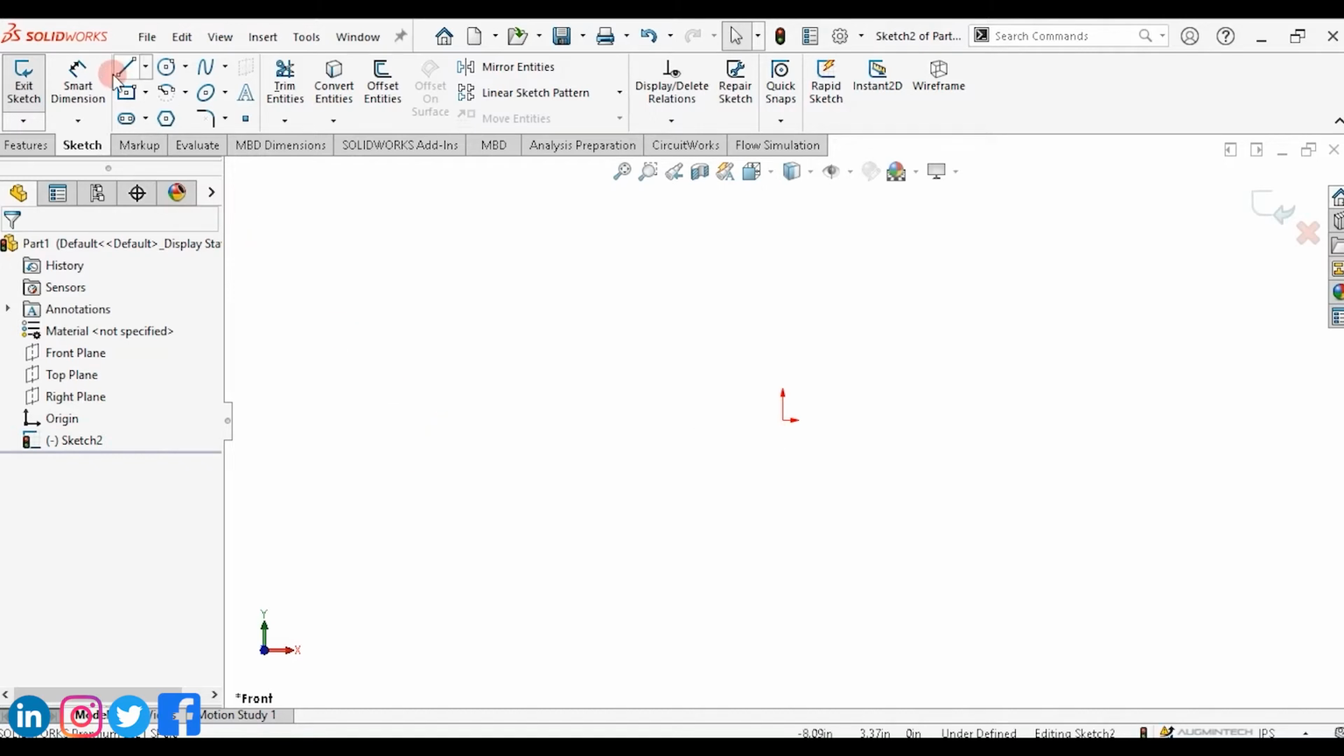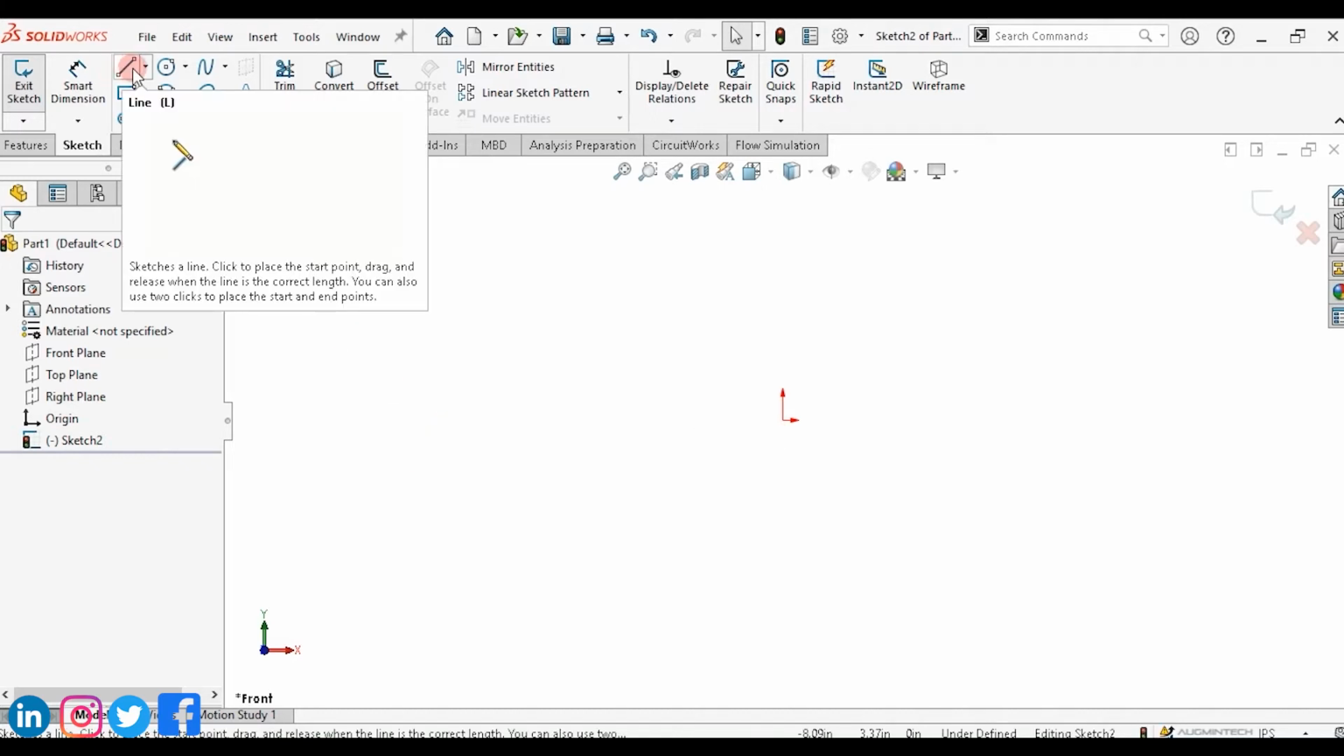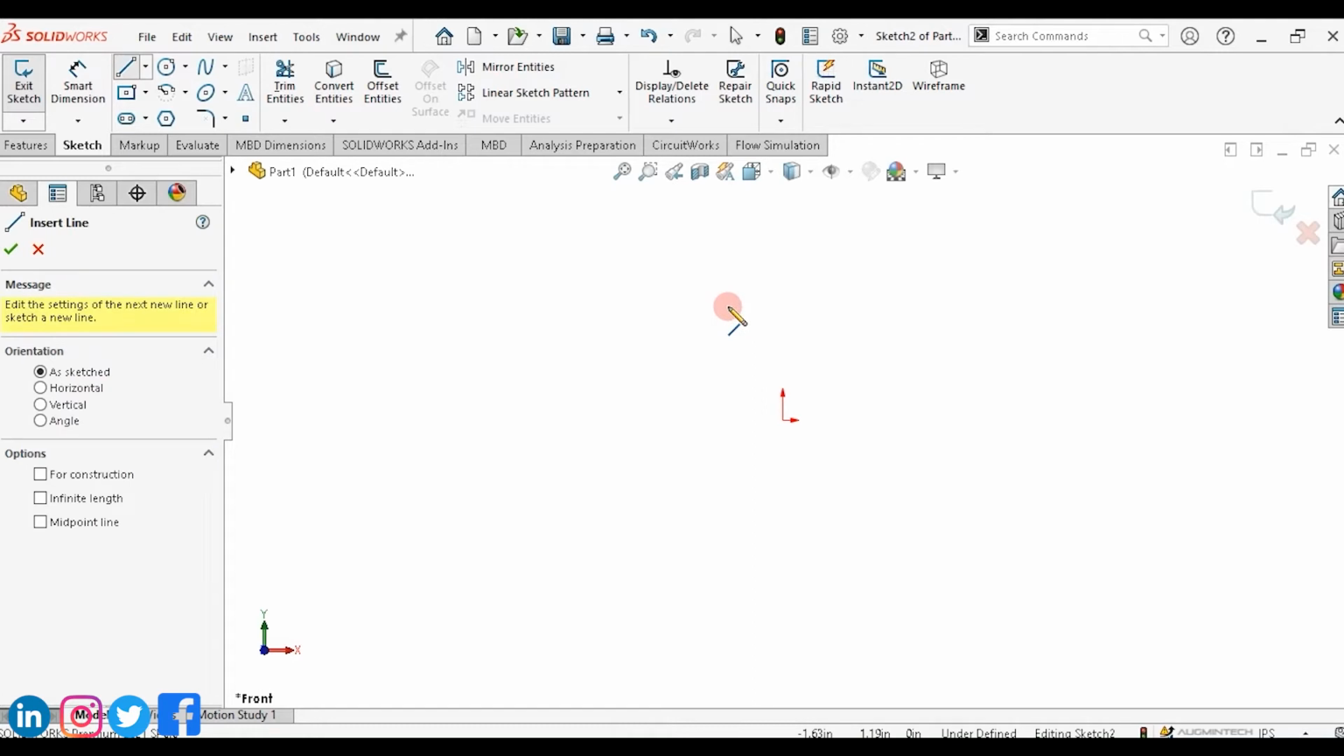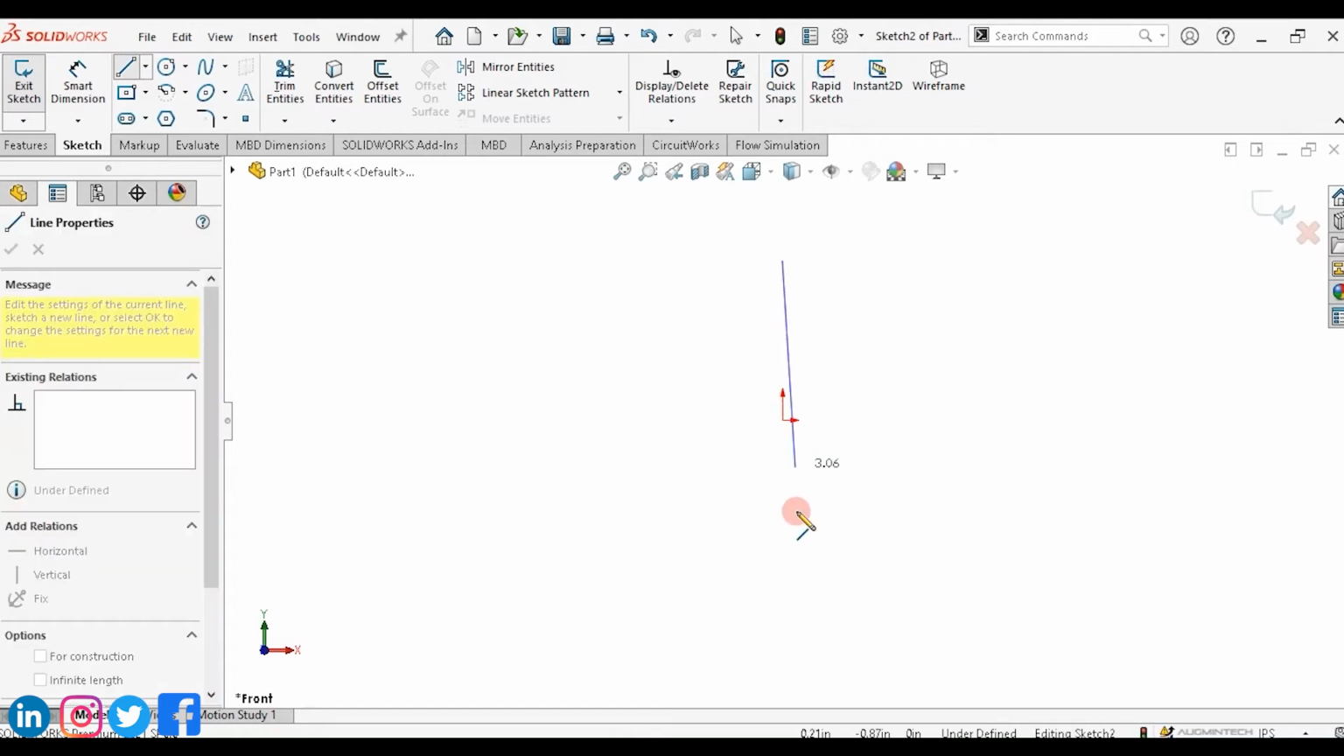So now create some lines. I will create a line here, that is in the center. I will create another line. This will show you that both starting points are at the same position or same level. If I create some random lines here,